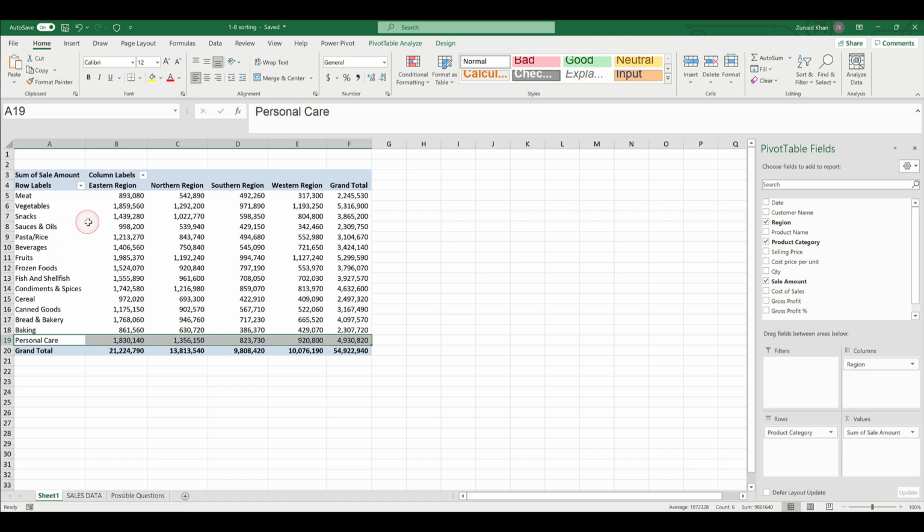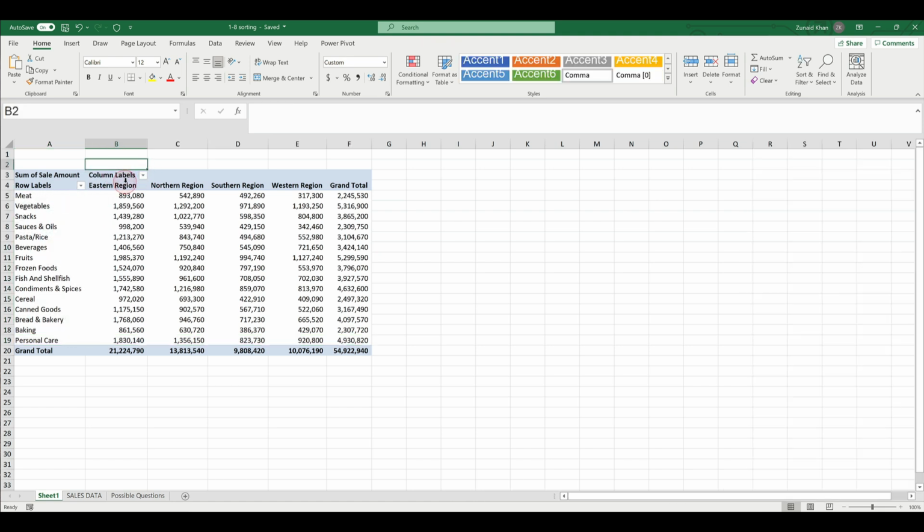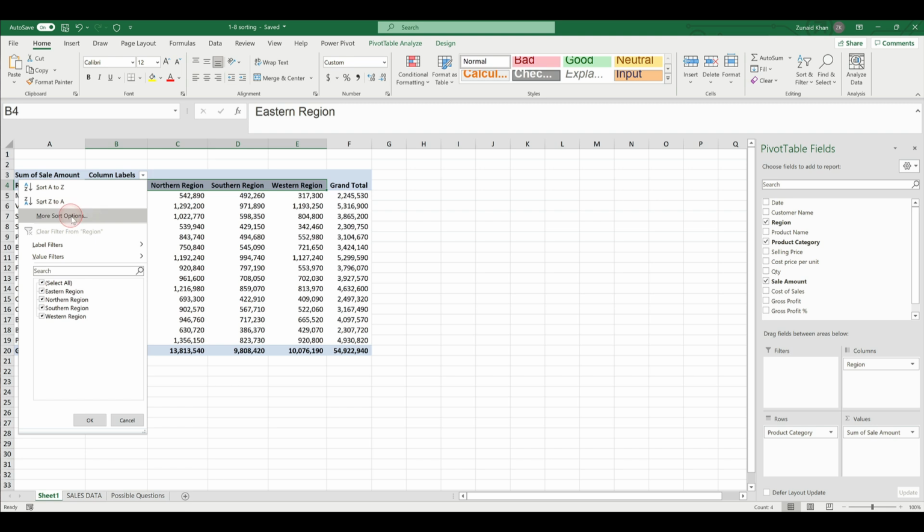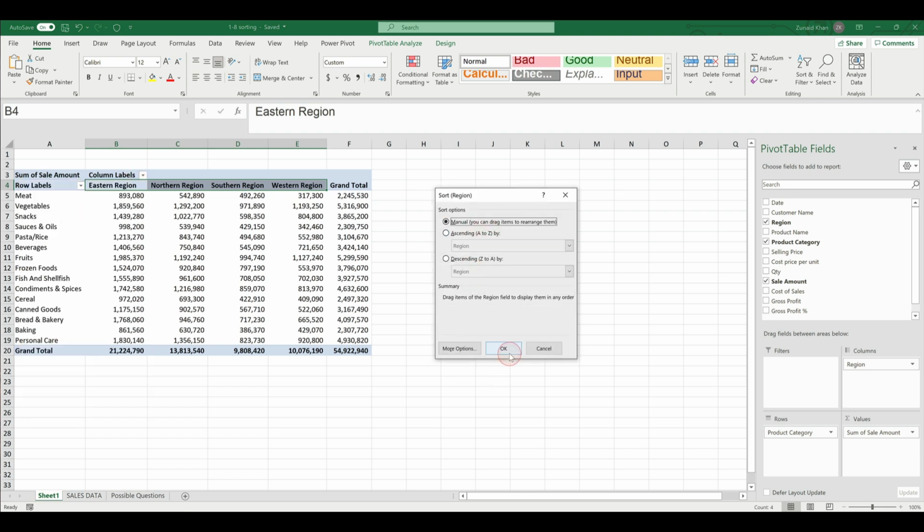So you can manually move items around, and you can do the same, remember, with the column labels, right? For example, you can see the column labels are currently also sorted in alphabetical order: Eastern, Northern, Southern, and then Western. I could also do a manual sort. If I click on this drop down for that option, and I select manual, currently it's on manual,